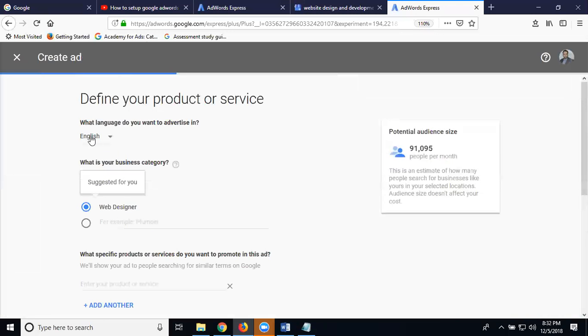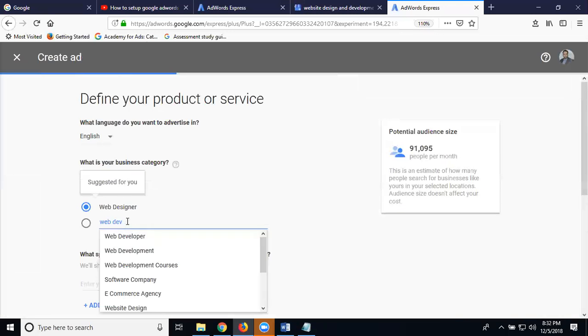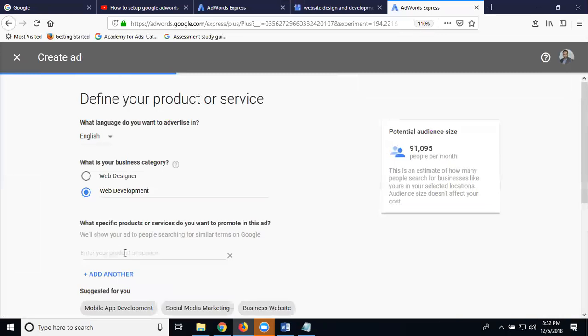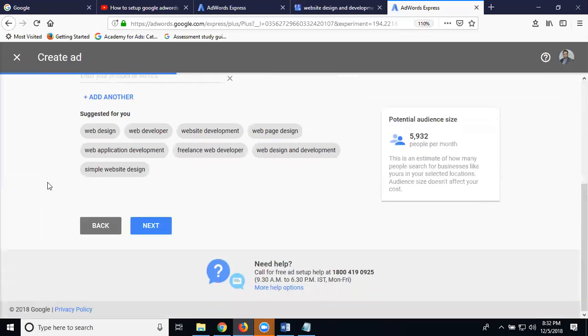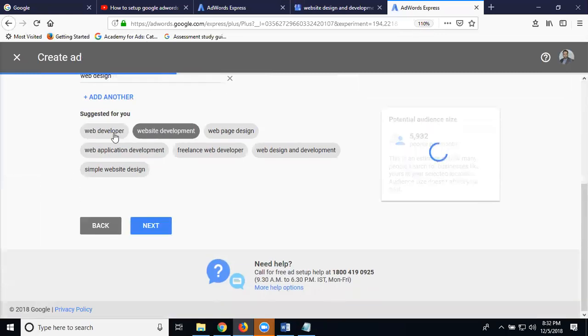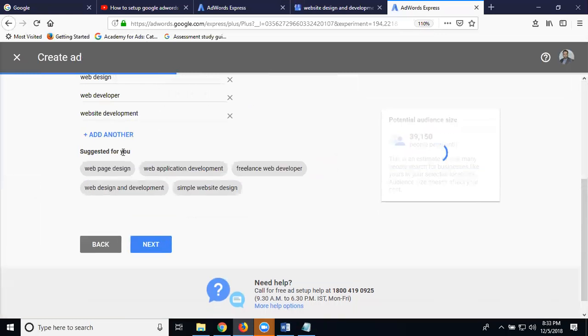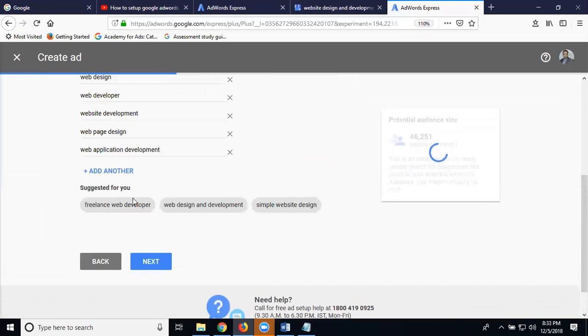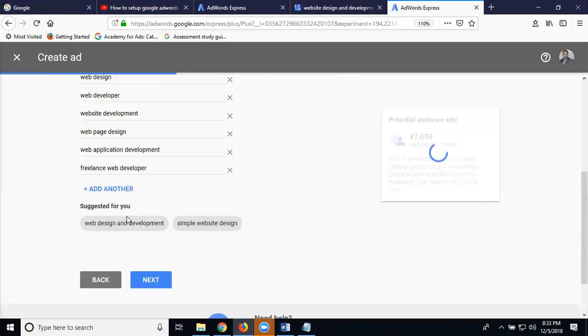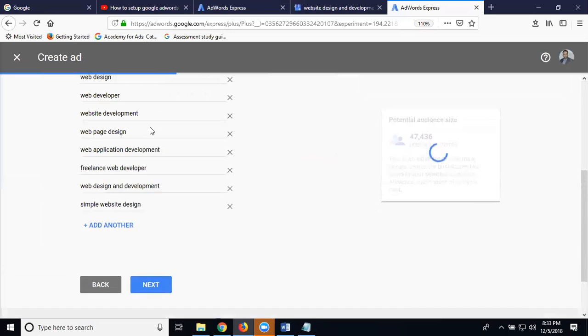First add your language and business type: web development, web design, developer, website development, web page design, web application development, freelance web developer. These are my tags.